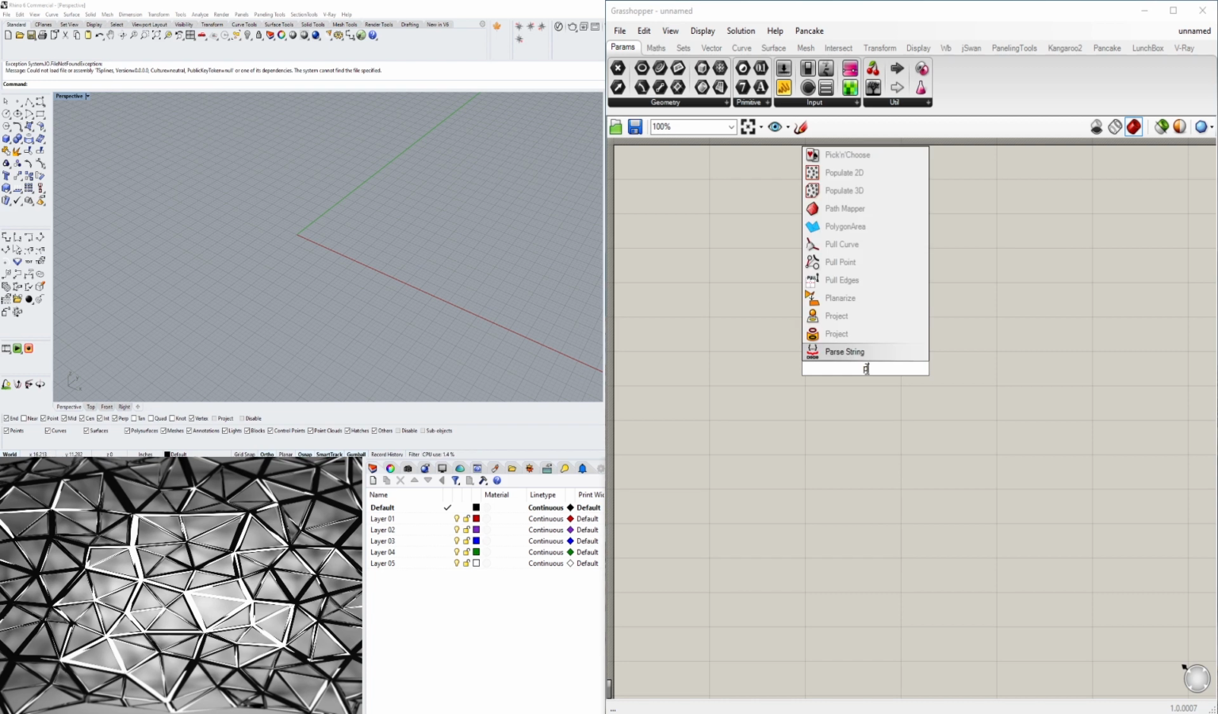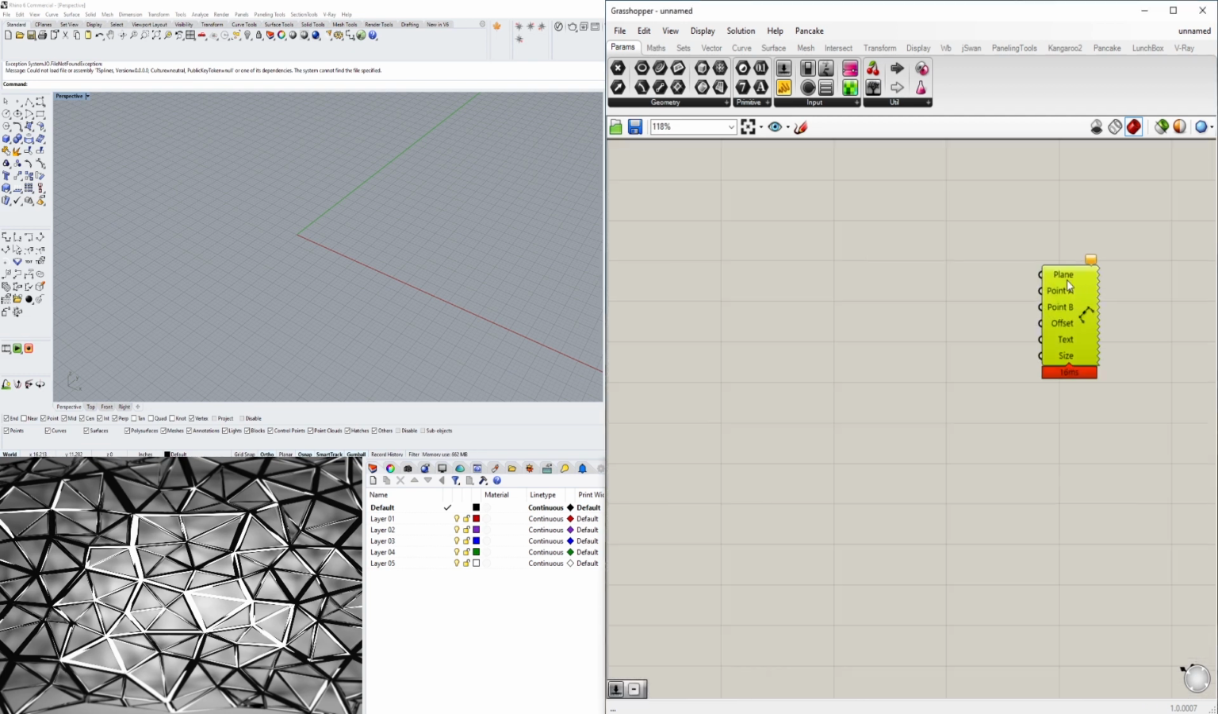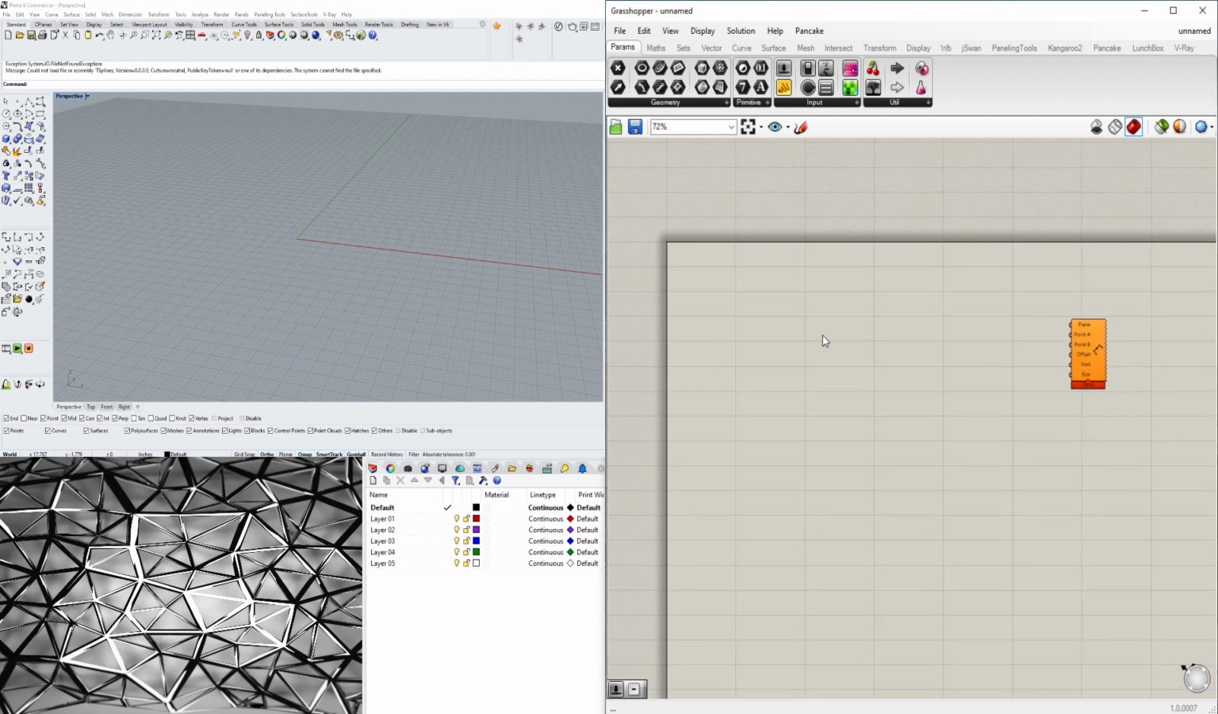First thing, let's bring in that component. So dim, and we'll do align dim. What it's asking for is a plane, where it's going to draw that dimension, point A and point B, the start and end point, offset, text, which is if you want to override the text, and size, which is the size of it. Offset is how much it is offset from the original two points. So I'll go here and go to construct point,